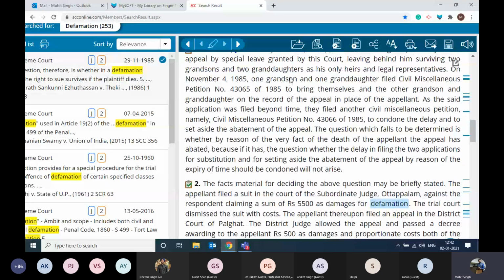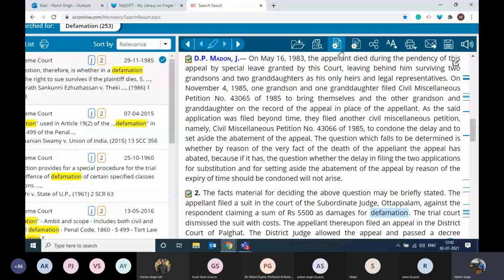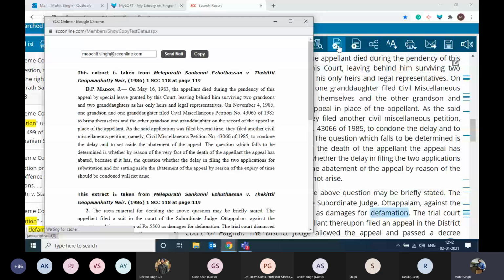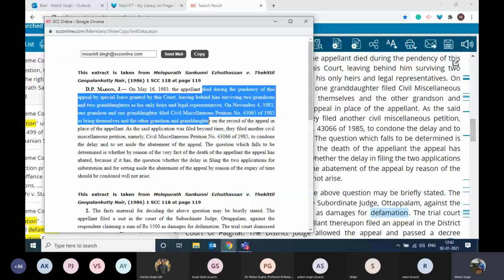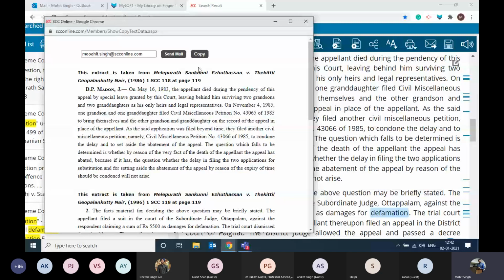Once you have made your selection, you click on this icon that is called Smart Copy. You click on that. It will be opened up in a new window through which all the lines which you wanted to copy can be copied via Control C and Control V, or you can highlight and paste, whichever works for you. Not only that, you also get the information that from whichever judgment you have copied this and from which page number you have copied this, right? Not only that, you can also email the portions which you wanted to copy to anyone else, whichever you wanted to send the email to.